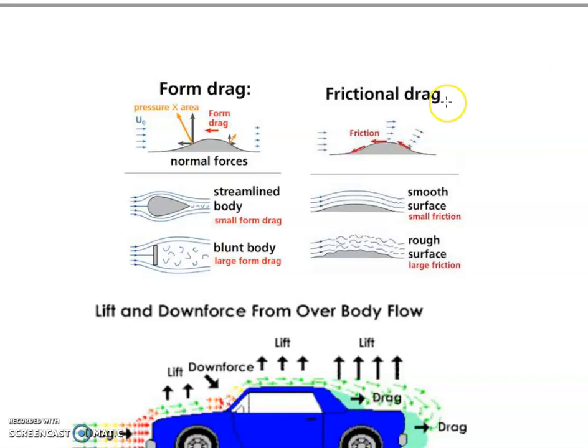It means it is the force which is passing tangentially along the vehicle. If the vehicle moves in this way, the air friction will be passing tangentially in this way. There is small friction on a smooth surface and large friction on a rough surface. Then the next one is